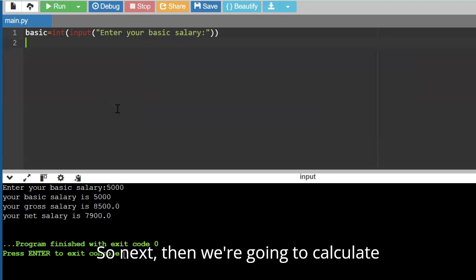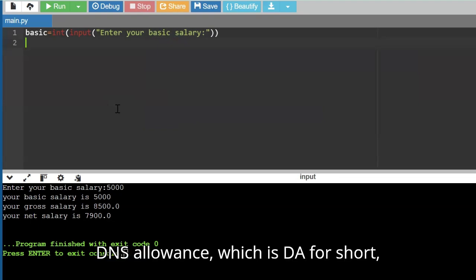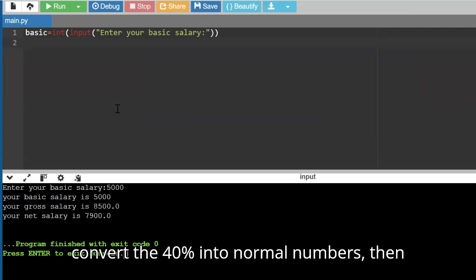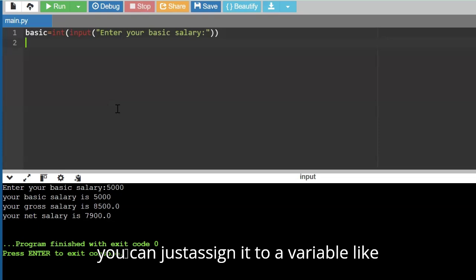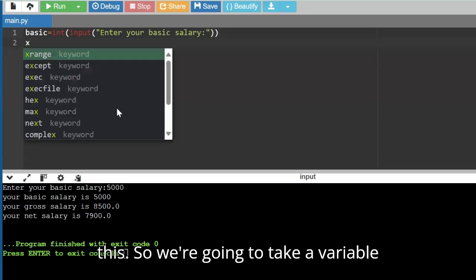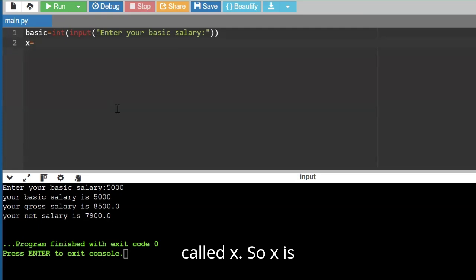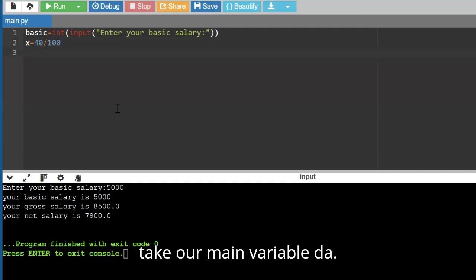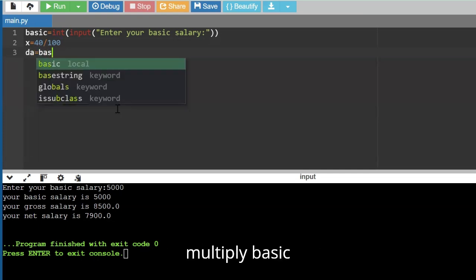Next we're going to calculate the DA allowance, which is DA for short, and it is 40% of basic. If you don't know how to convert the 40% into normal numbers, you can just assign it to a variable like this. We're going to take a variable called x. So x is equal to 40 slash 100. And then we're going to take our main variable DA, and multiply basic